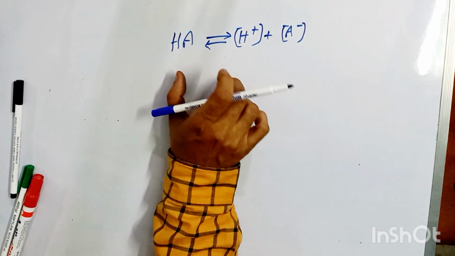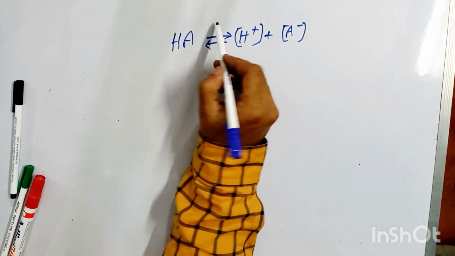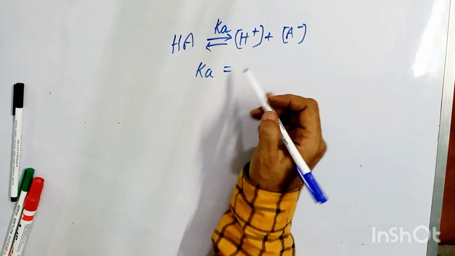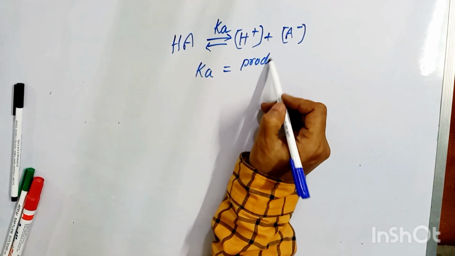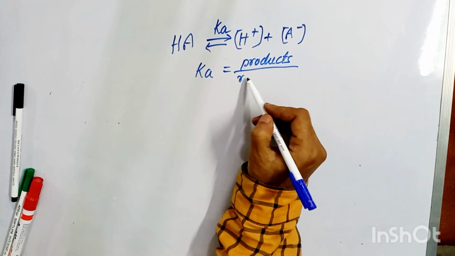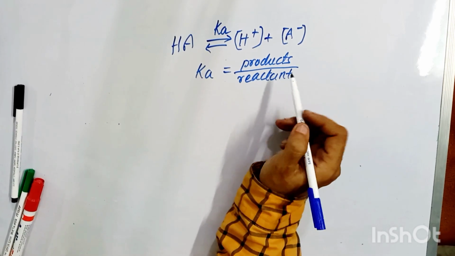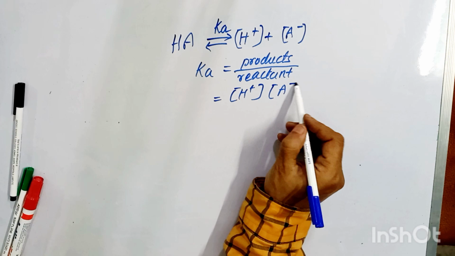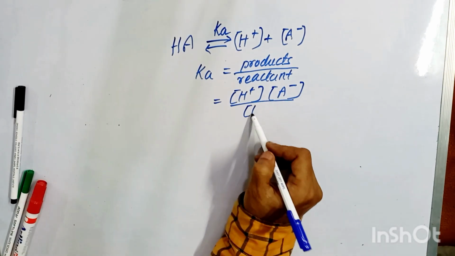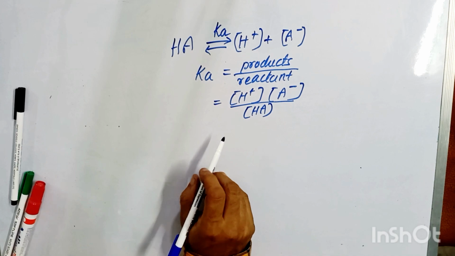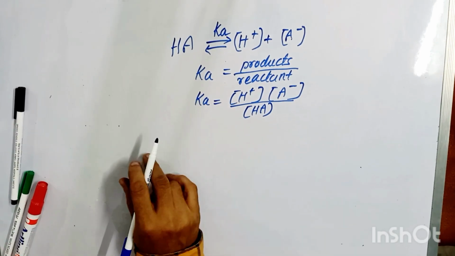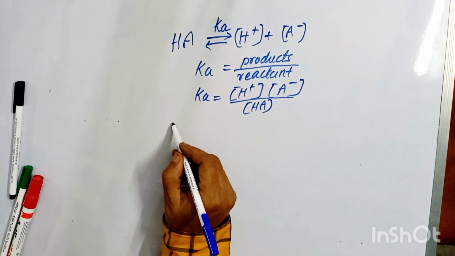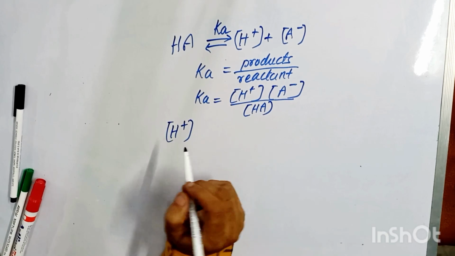If this is an acid and we say that its acid equilibrium constant is Ka, so what is Ka? Ka is the ratio of the products by reactants, and the products are H plus, A minus by HA. So this is Ka. Now if I equate for H plus ions,